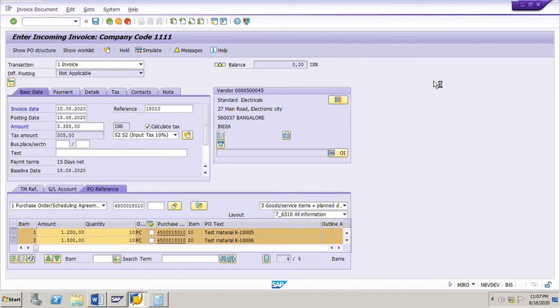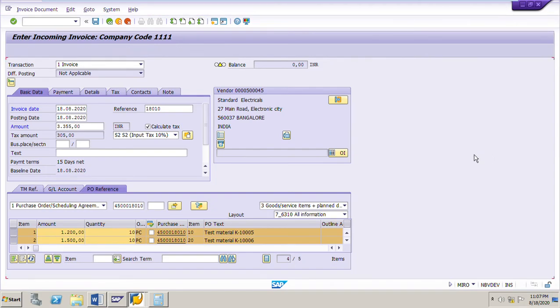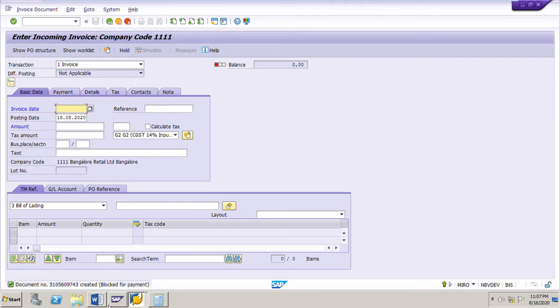We need not worry about that. The system is posting the invoice. Yeah, the invoice is posted. This is the invoice document number 510-560-9743, and this is blocked for payment.